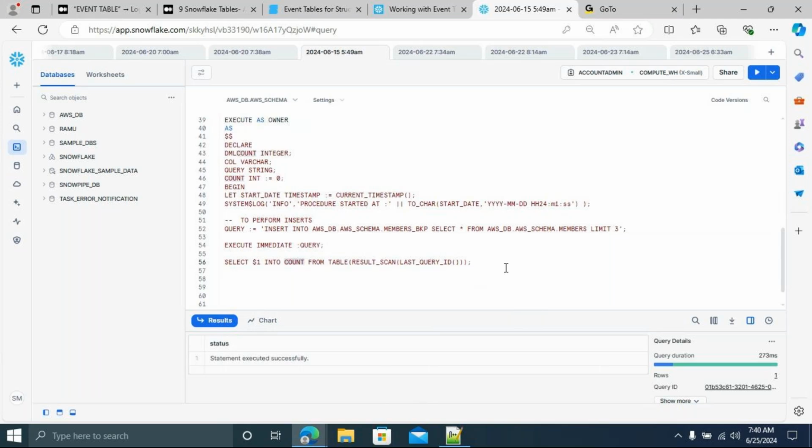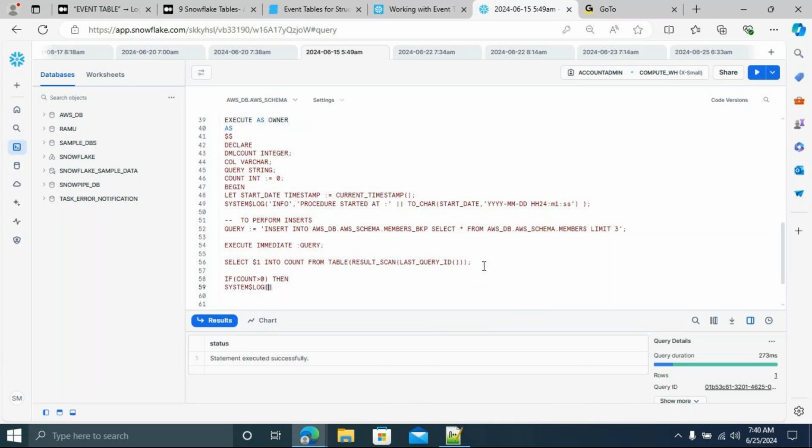So then what can we do? We can write one if condition. Condition logic: if count greater than 0. Sorry, don't put colon. If count greater than 0, then I'm going to log the information. For logging the information, what function do I have to use? System$LOG.